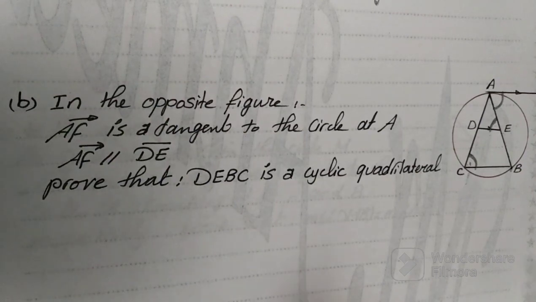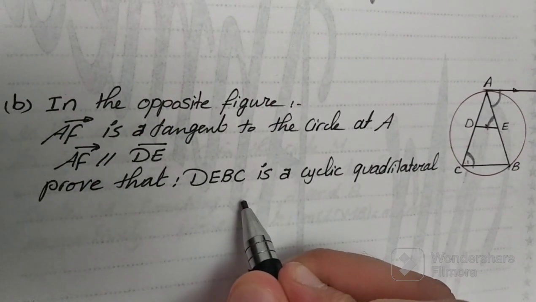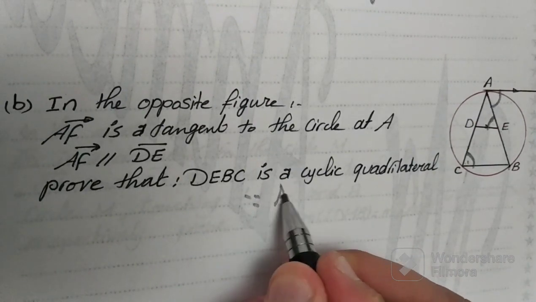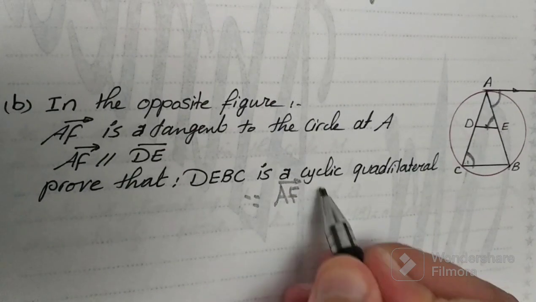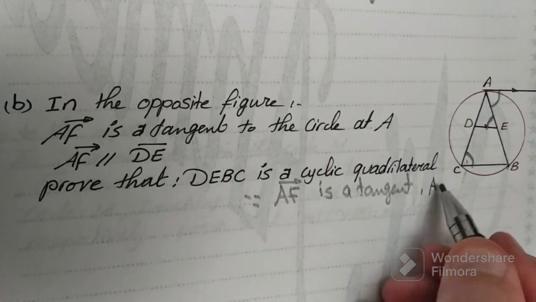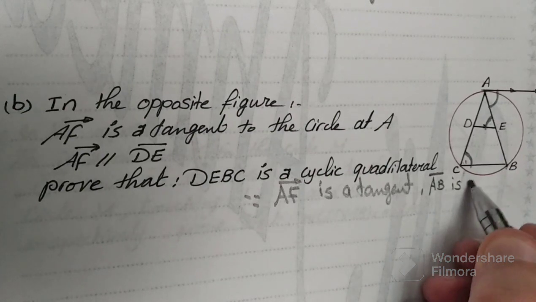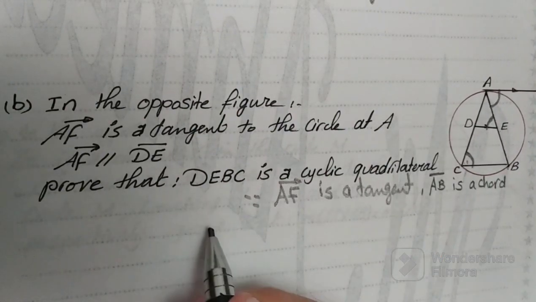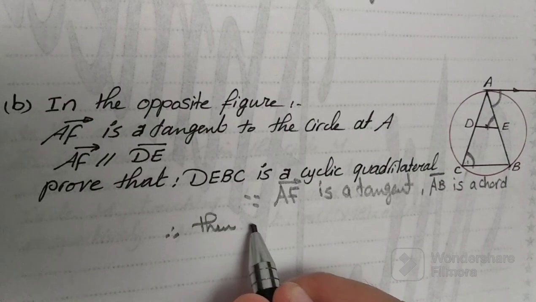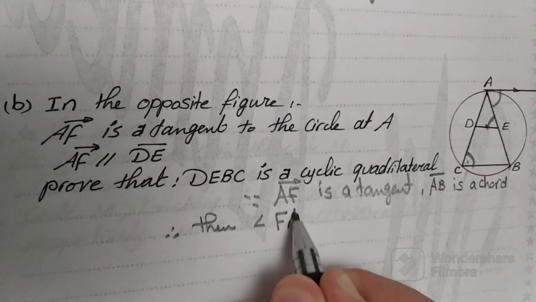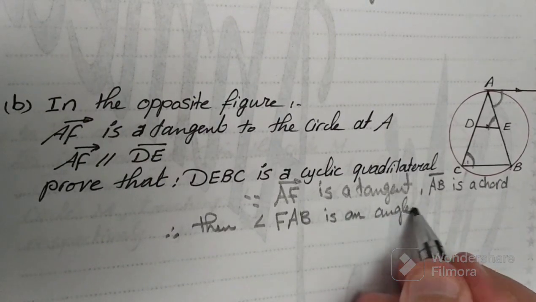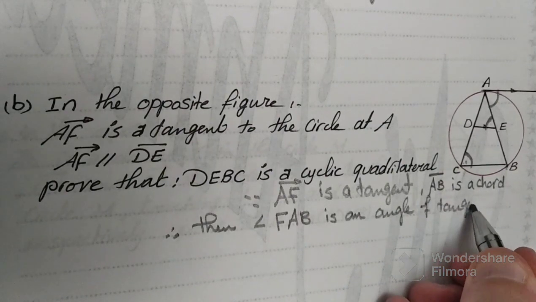To write it: since AF is a tangent, AB is a chord, therefore angle FAB is an angle of tangency,